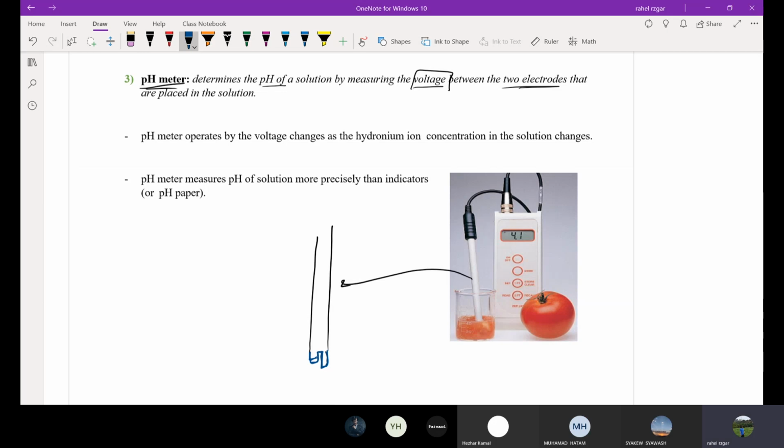Sometimes it's like this. So these are electrodes. This device will measure the voltage